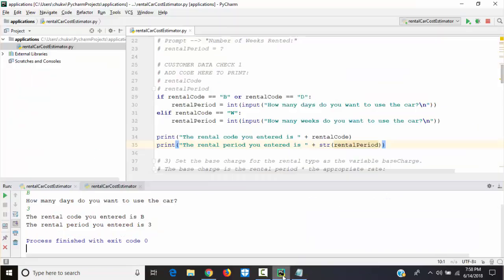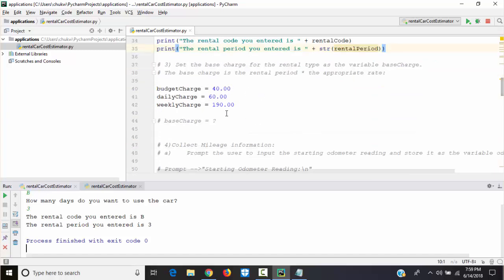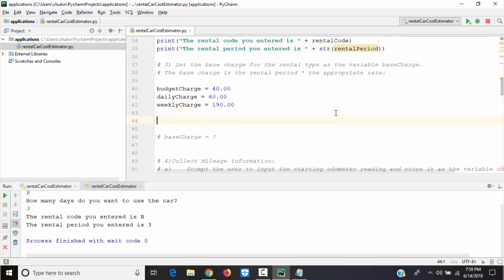Okay, I'm going to come here and write this. We want to find the base charge. And the base charge is the rental period, how many days or how many weeks, times the appropriate rate.